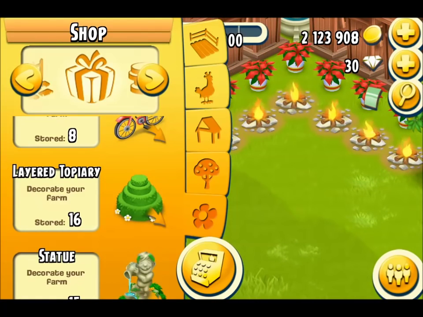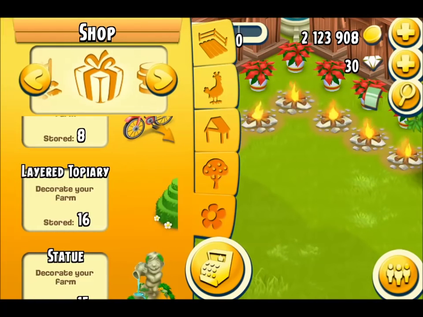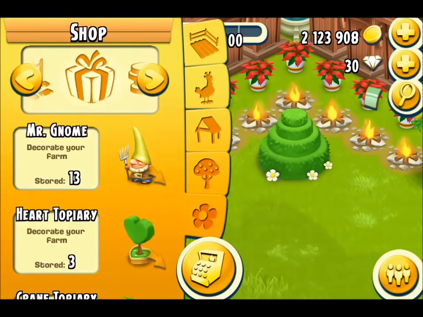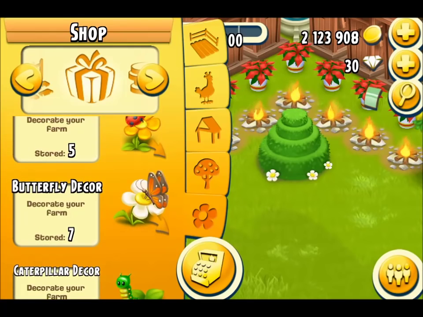Now I want some more. I want something else in here, something that's big and is going to take up the space, and I think this is going to be a wonderful centerpiece. So the layered topiary, but I want something on the left and the right hand side, something that's really beautiful,